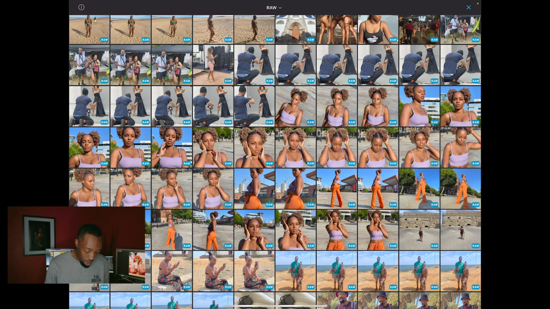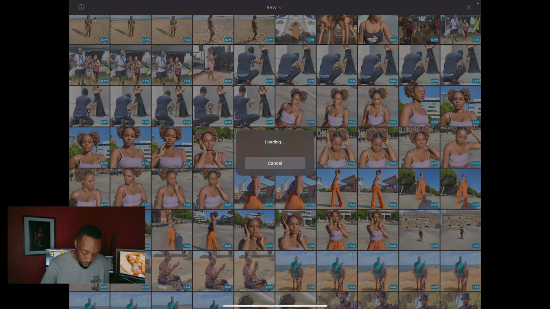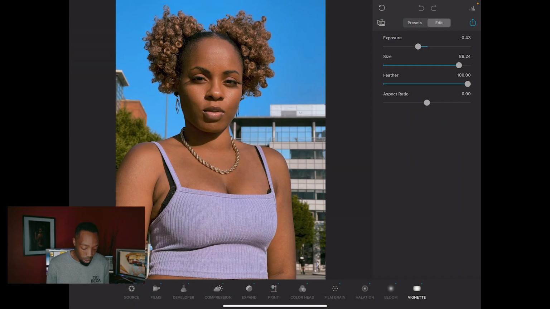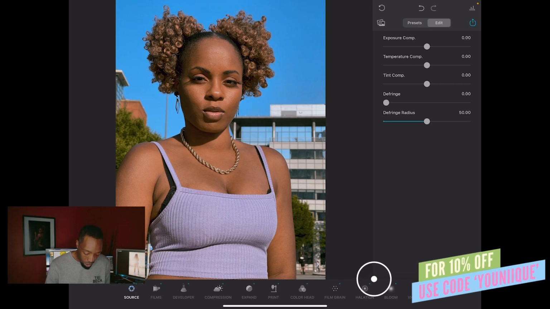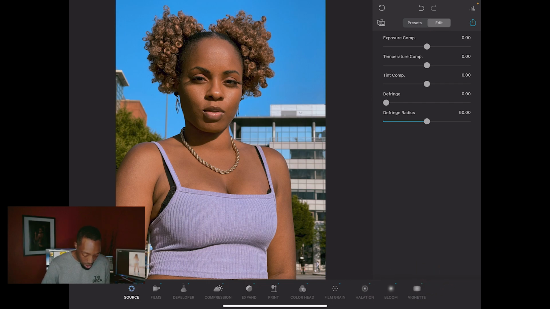I'm going to choose one of these images of Vela. Let's go for this one. So this is an iPhone photo, shot on the iPhone, and this is the main screen that you're met with. It loads up with whatever you were using last. So I'll just run through the layout. Along the right hand side is where you've got all your adjustments, and then along the bottom you've got your different sections. So if we start off with source,